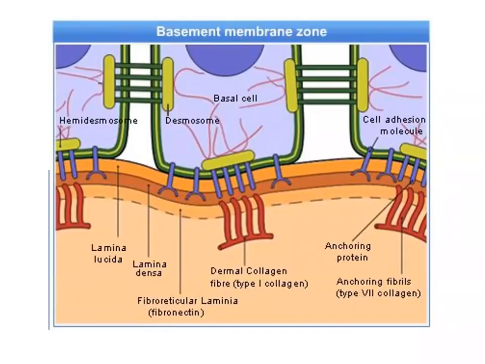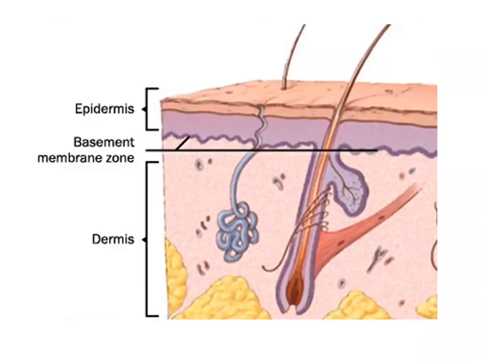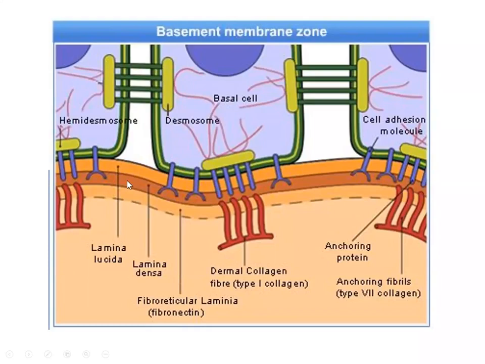So when we magnify the area, we get the basement membrane, the epidermis, and the dermis below them. So these are the structures which we can find, and the important ones